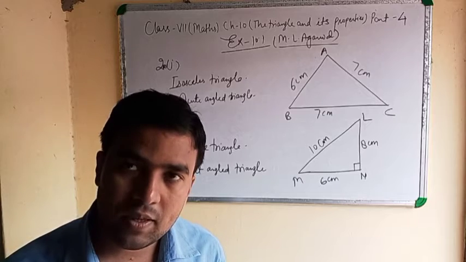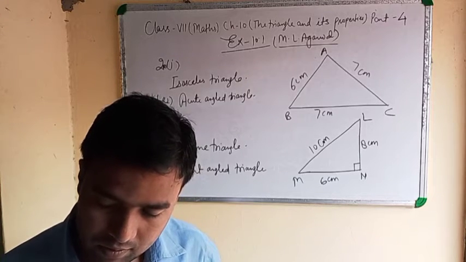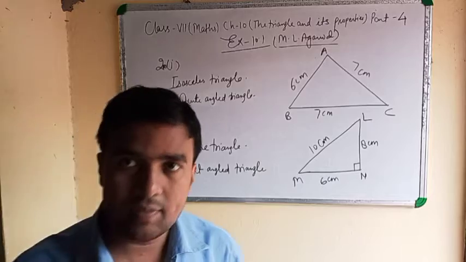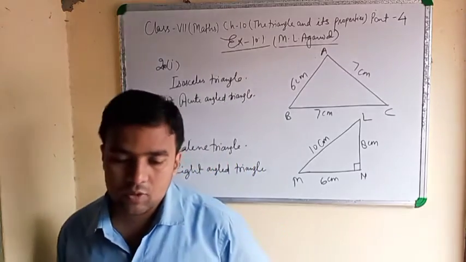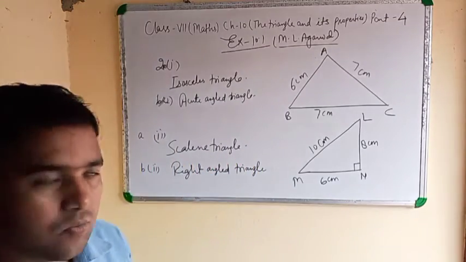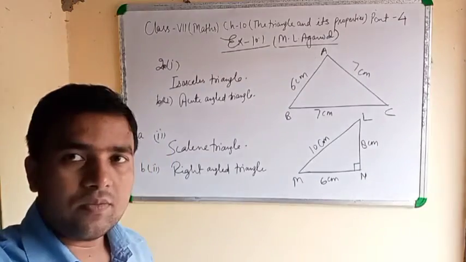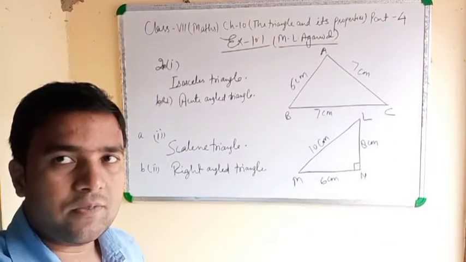Means 4, 5 and 7 you will do in the copy. And those where the digit is same, value is same, that question you will not do. Note down this. Then next exercise we will start.